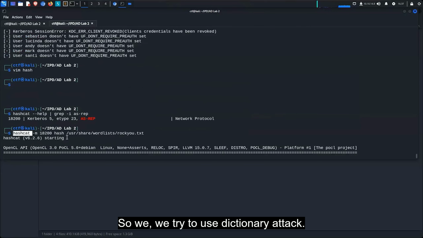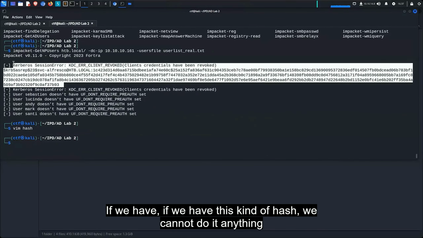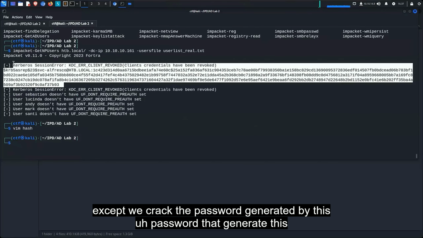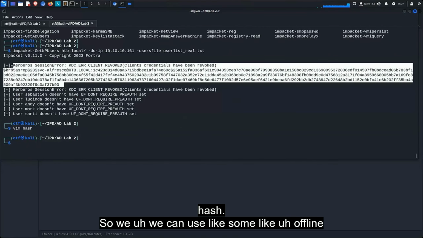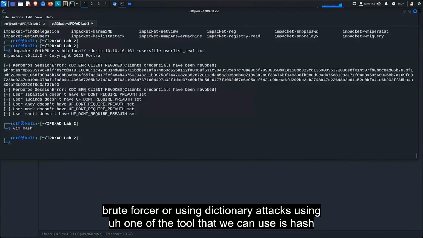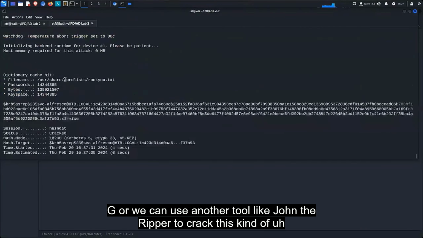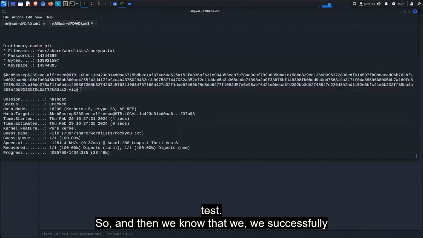So we try to use a dictionary attack. If we have this kind of hash, we cannot do anything except crack the password that generated this hash. So sometimes we can use offline brute force or dictionary attacks. One of the tools that we can use is hashcat, or we can use another tool like John the Ripper to crack this kind of hash. And then we know that we successfully cracked that hash. The password of that user is